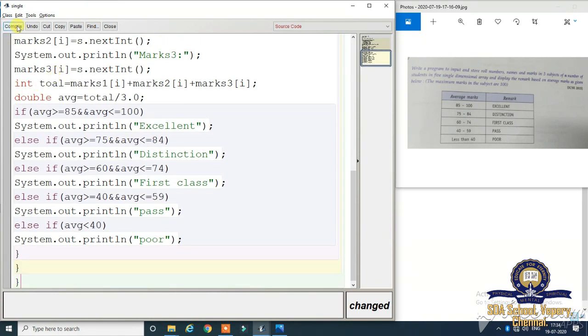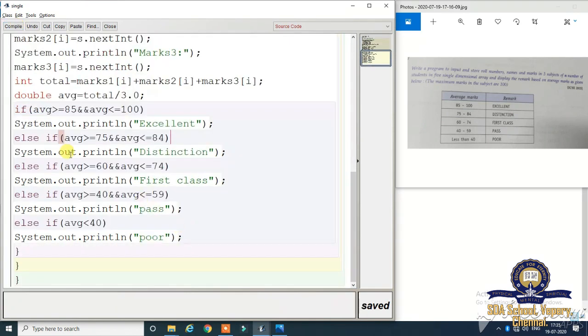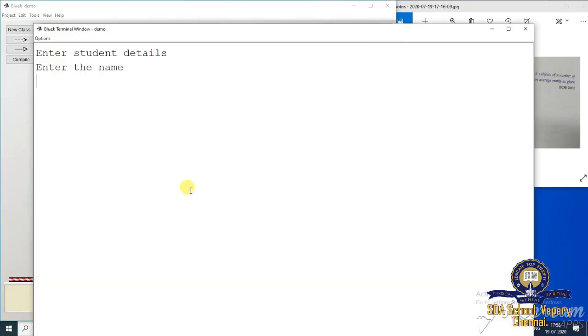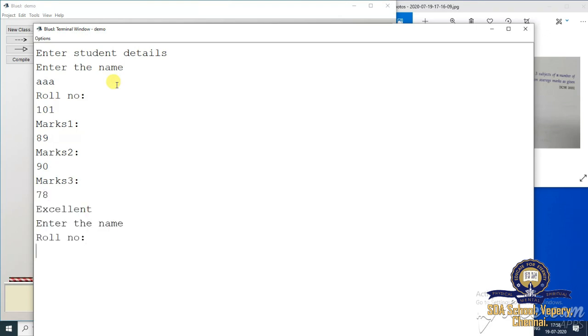Now I'm going to execute the program. See, I have no syntax errors. Okay, I enter the student details: the name, roll number, marks. So this is an excellent mark.